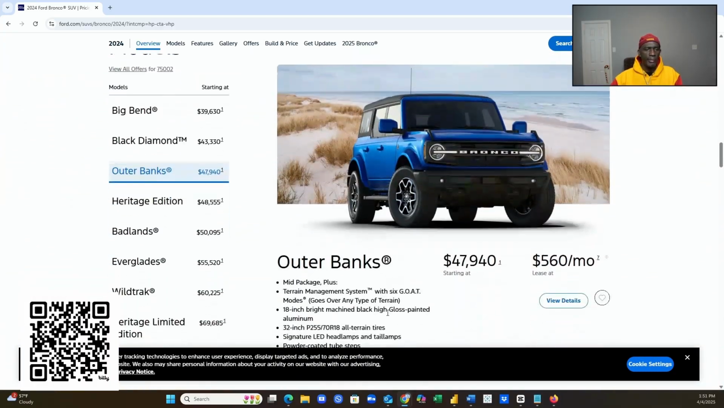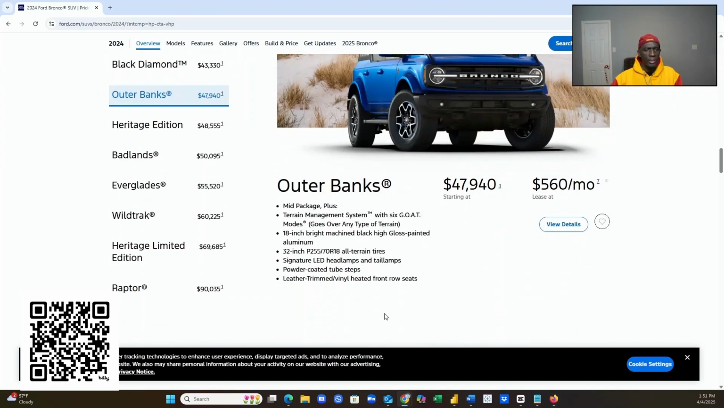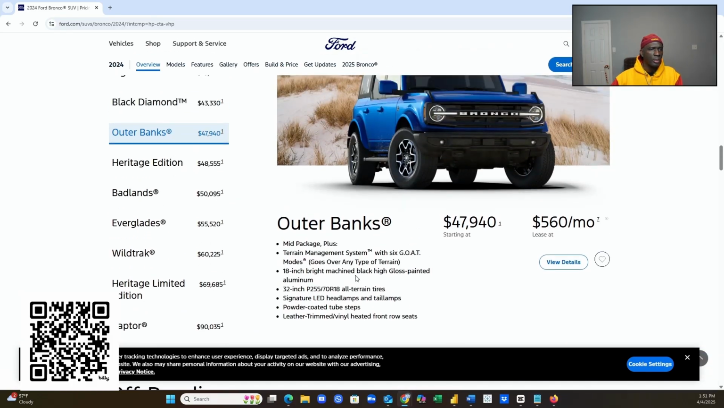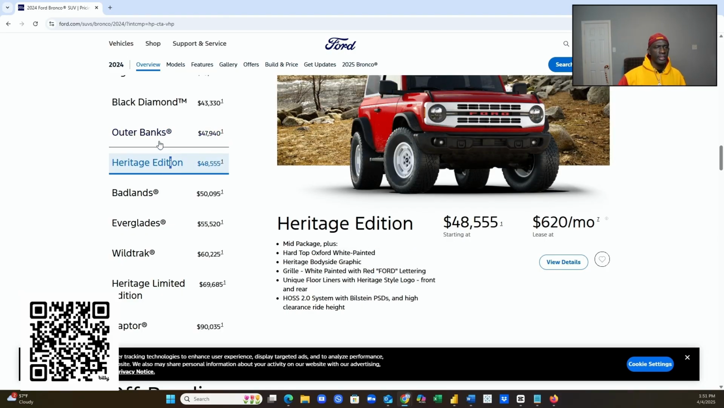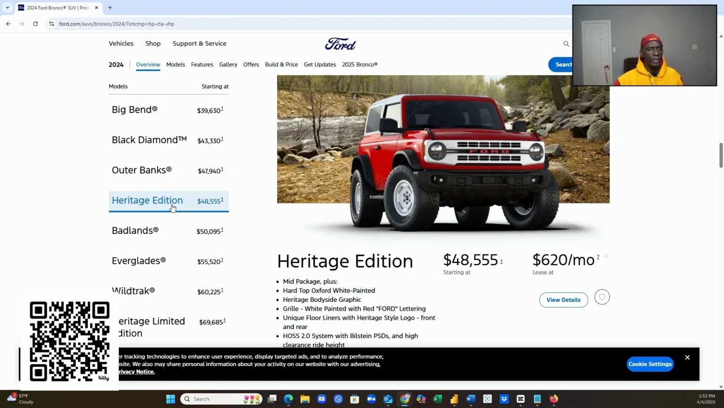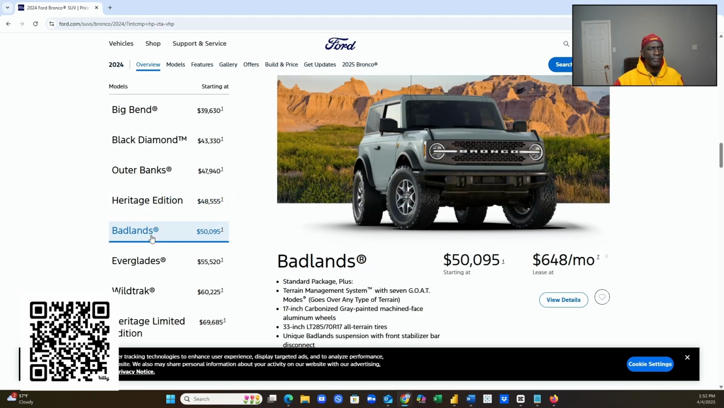So we got the model again here. I guess this is called the Outer Banks. The price is $47,940, $560 per month. Let's see, okay, so what we didn't do in the Mustang, we'll go back and look at that as well. It looks like the models of the Bronco are an Outer Banks, starting at $47,940. The Heritage Edition, starting at $48,555. The Badlands is